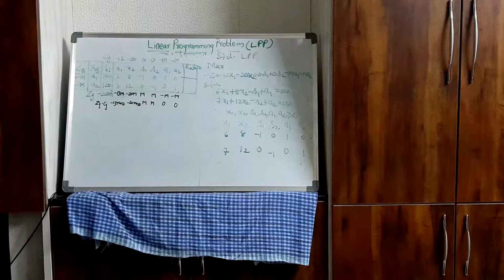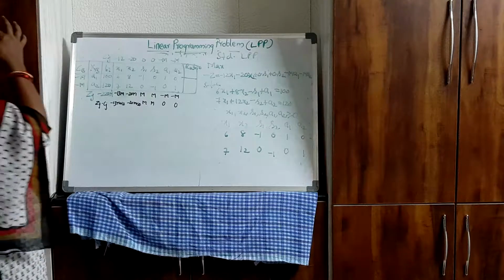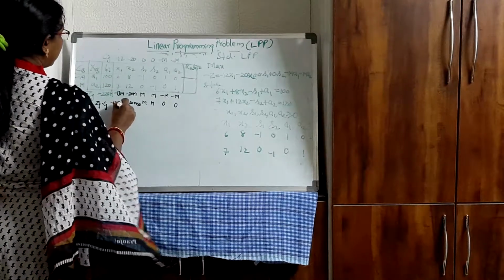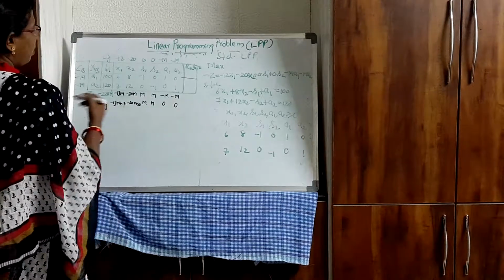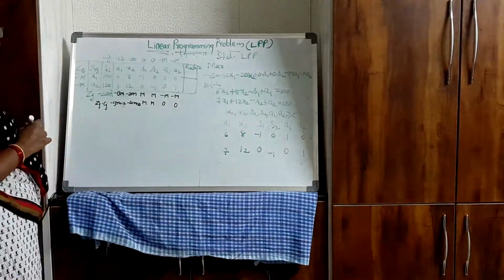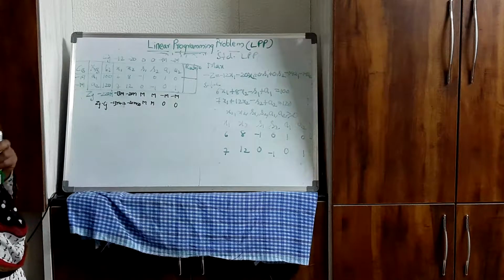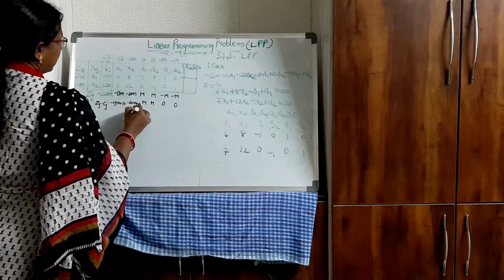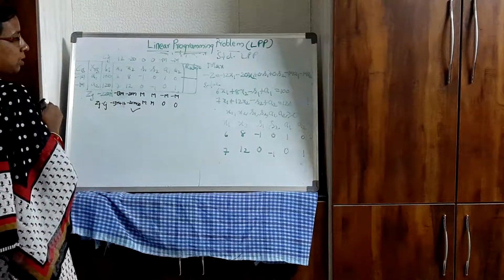Now you have to check whether all the Zj minus Cj's are positive or not. So here you have negative values. Here you have minus 13M plus 12 and you have minus 20M plus 20. Remaining are positive. Now out of these two, which is the most negative? So select that value whose minus M coefficient is most negative. So here minus 20M plus 20 is most negative. Now the corresponding variable x2 will enter the basis.